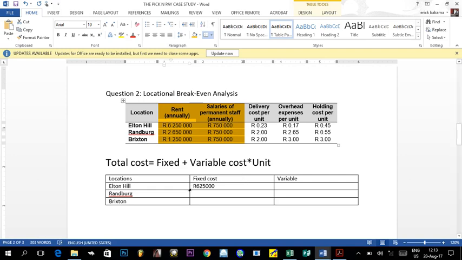So for the location, for the Elton Hill, you'll notice that the fixed cost will be 6,250,000 plus our value that we have for the salary, which is the 750,000 here. And next we do the same thing for the Randburg, which is 2,650,000 plus 750, which is the annual salary, and then we have